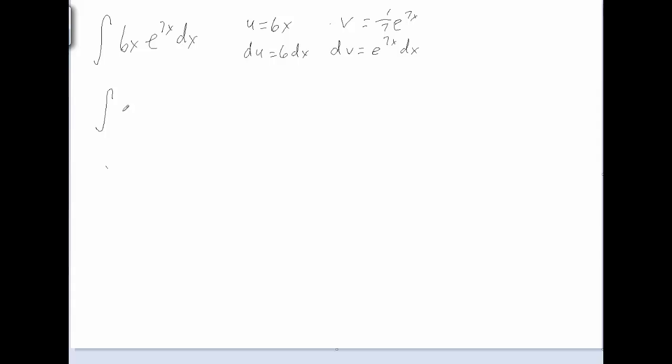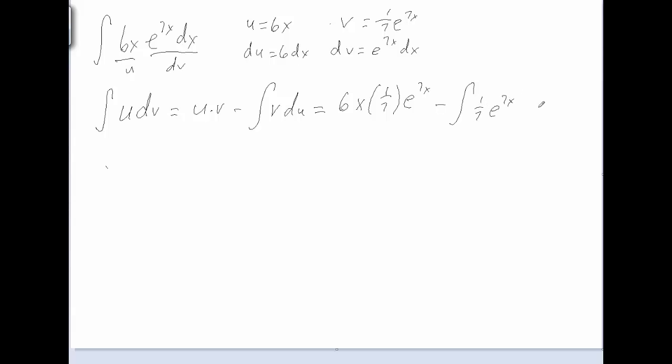So we have the integral of u dv equals u times v minus the integral of v du. In this case, u times v minus the integral of v du. And actually this turns out to be not too ugly, so we can simplify the first term. That's 6/7 times x e to the 7x